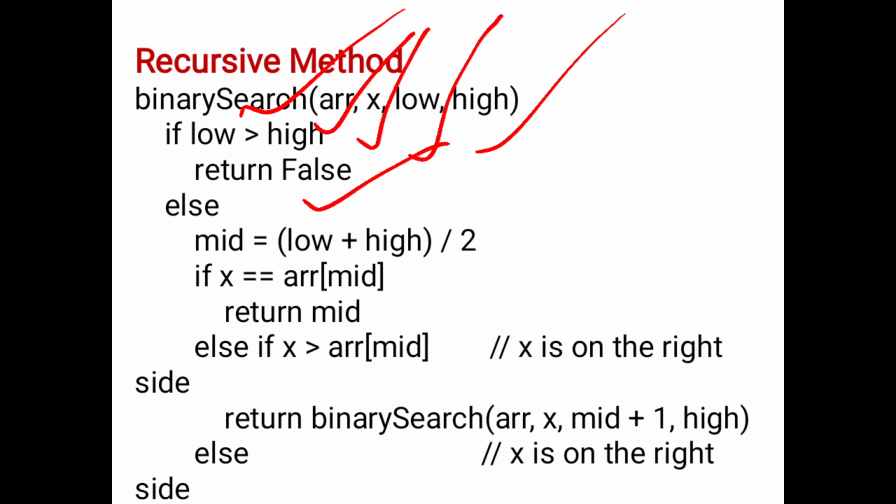Then you can take any one example and apply this process. First analyze the elements, then mark the pointers, then find the middle position, then check. Then repeat the process again and again until you find the element's position. So this is the process of binary searching. I hope you can understand this concept. Okay, thank you.